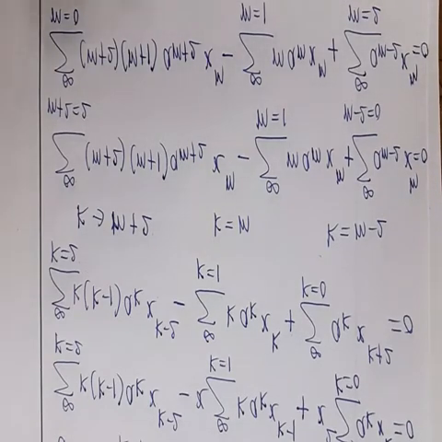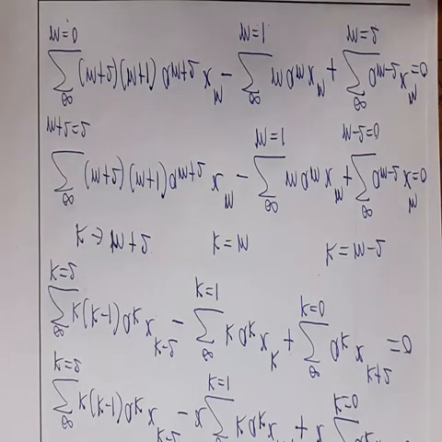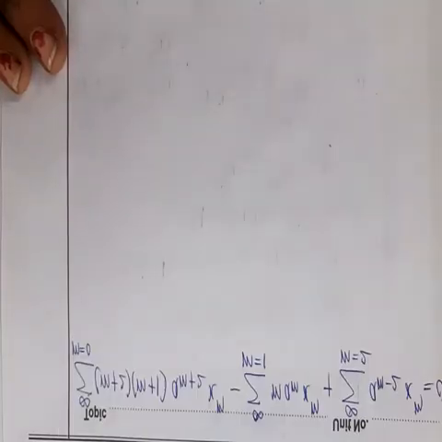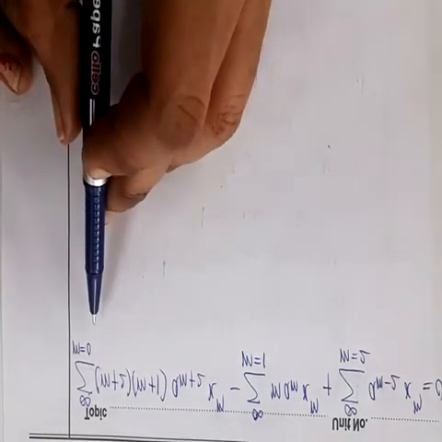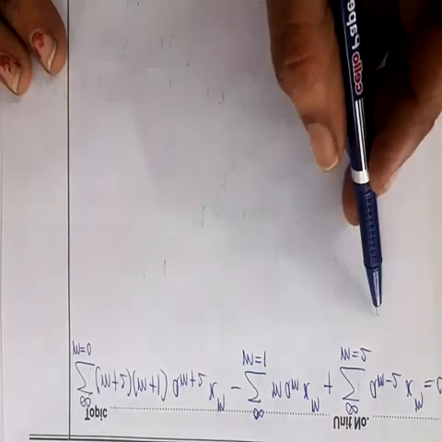Now see, all powers are x to the power m. Now we are going to focus on the summation. Summation starts from m is equal to 0 in the first term, m is equal to 1 in the second term, and m is equal to 2 in the third term. Means maximum it starts from m is equal to 2. So we have to convert this m is equal to 0 and 1, it should start from m is equal to 2. So put m is equal to 0 and 1 in. So here first is m is equal to 0. We want to convert it into m equal to 2.